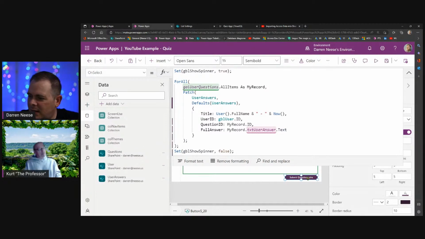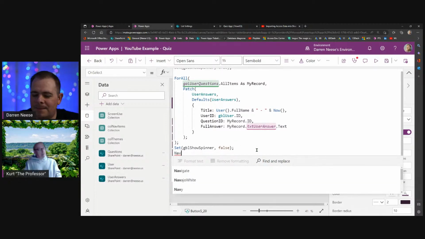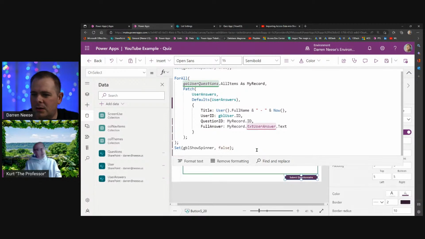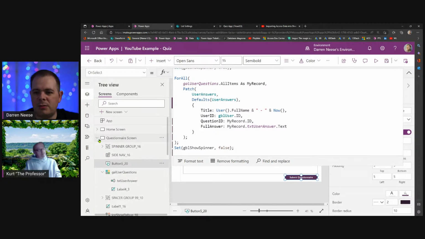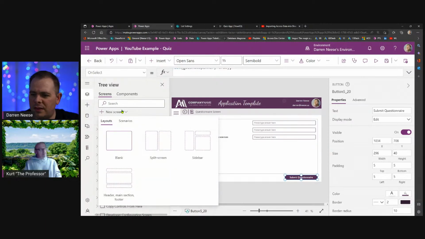And then when they're done, what we could do is we could navigate. You know what I might do? Let's navigate. Let's create a new screen. This is probably a good thing for us to do in our application. If we say new screen, there is